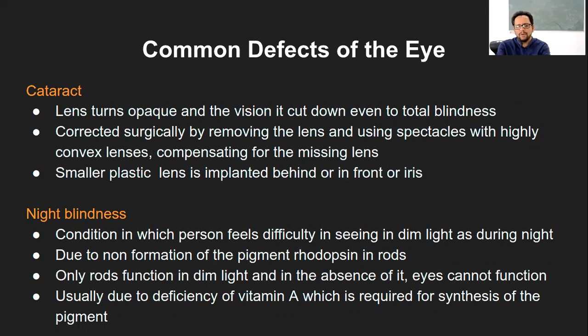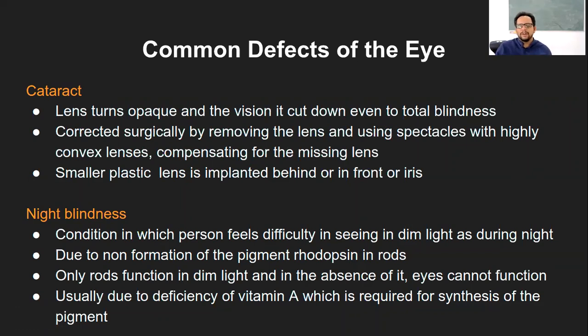Cataract, most of you would know, or at least would have heard of it. It's a simple kind of opaque layer forming in front of the eye structure. So the lens will turn opaque and the vision goes down. It can even lead to total blindness, but that's an extreme situation. The usual thing done to correct cataract is surgery, removing the lens either completely or just removing the layer over the lens.